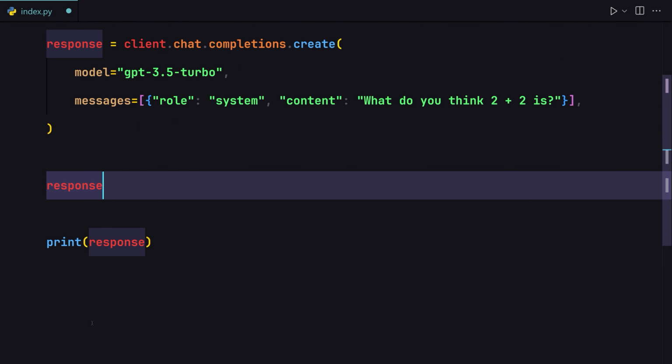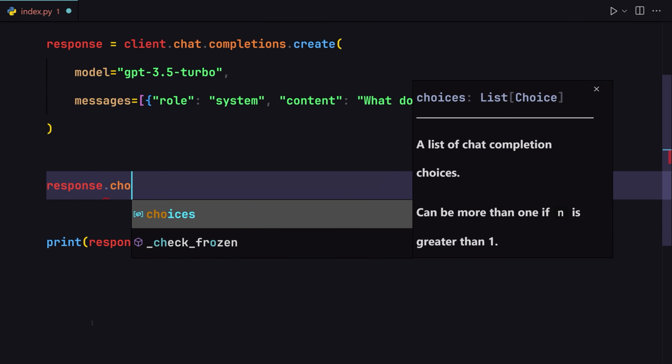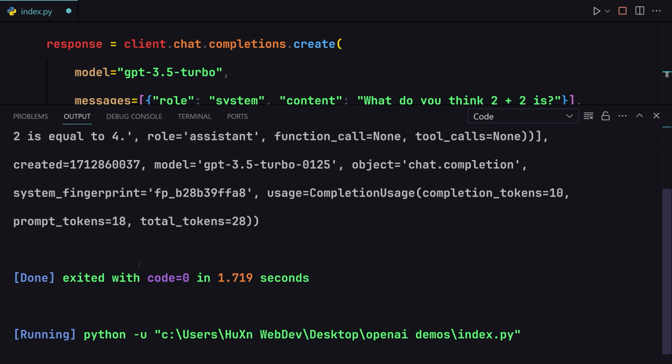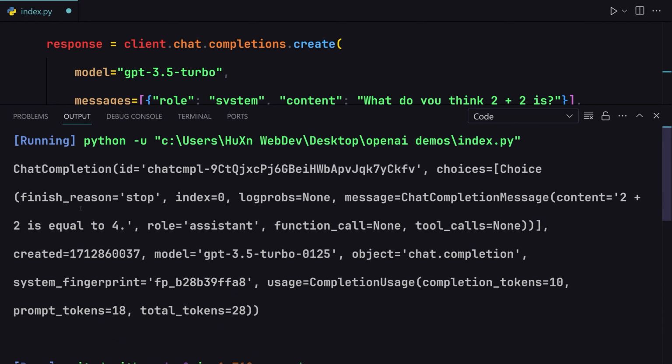And now for this response, we're going to be getting the choices. Let me just show you that. And we are now getting the choices. Okay, so we are now getting these choices, which you can see. Let me just search for the choices, which you can see right here. So we have these choices right here, and now inside these choices we are only interested in the first one,